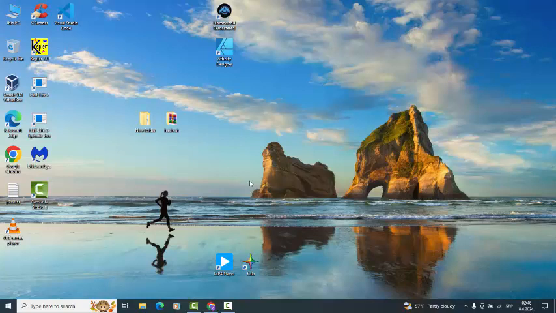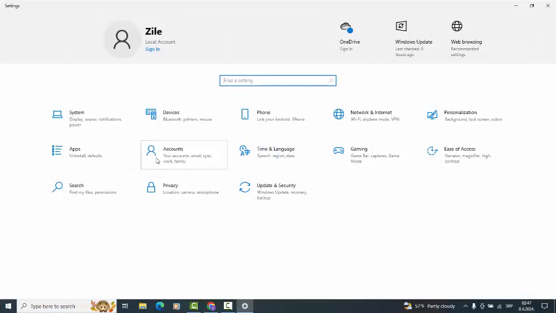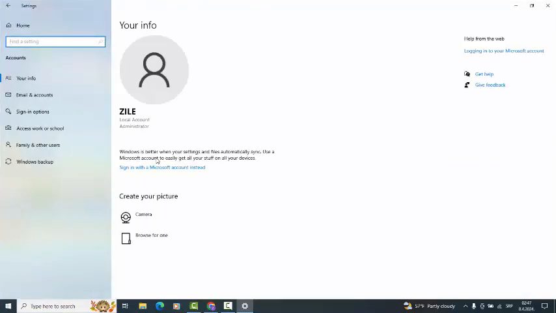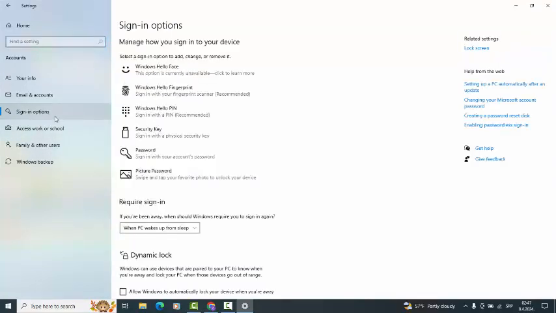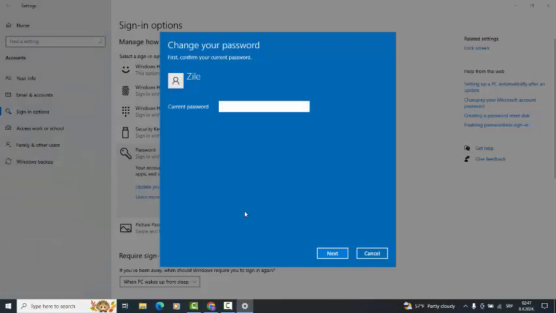When you create the secondary user account, the important thing you have to do is create a password for the main administrator account, so that you cannot easily log into your main administrator account. You can always create or change the password in Settings, Sign-in options, and then go to Password. Then click Change, and